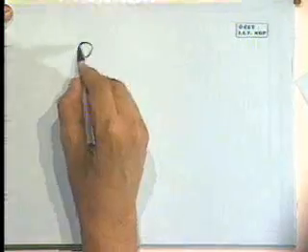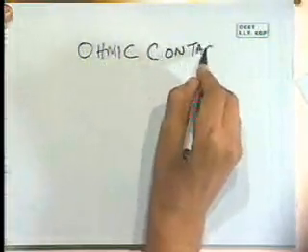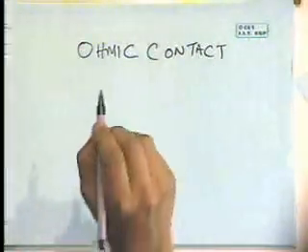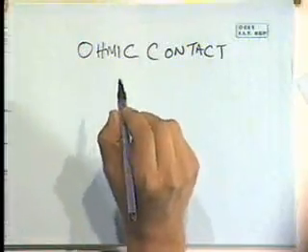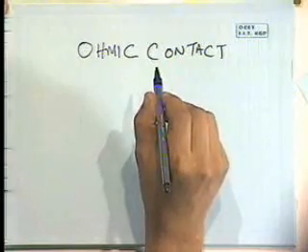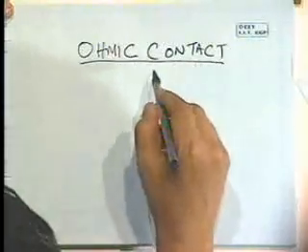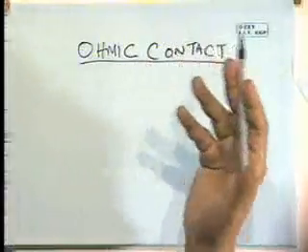And there are two kinds of contacts that we can talk about, and one is an ohmic contact. The basic idea behind the ohmic contact is that it does not distort or limit the performance of the device. It simply serves as a means for getting current in and out of the device without the contact itself being the limiting factor. And as the name implies, the characteristics of these contacts in terms of current versus voltage will